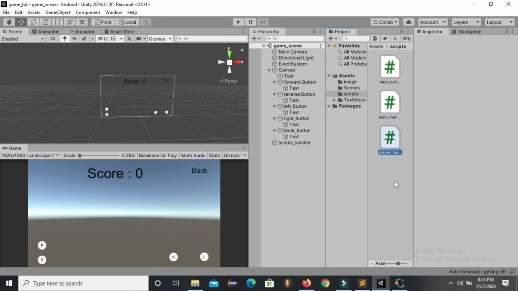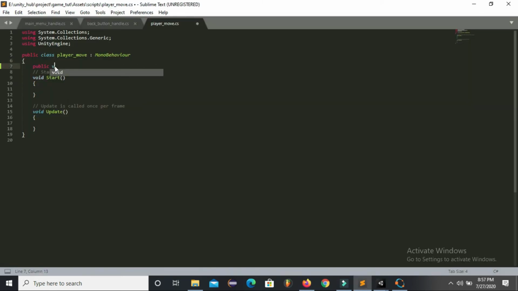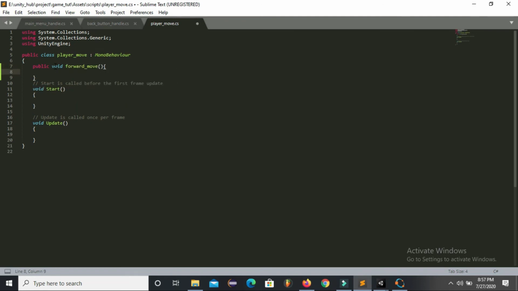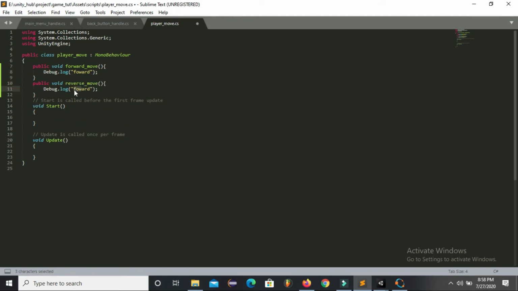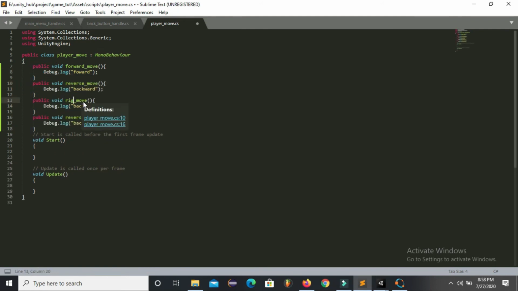So again back to Sublime Text Editor, and now I will create a function to call my forward button. Now I have written all the functions for each one of my UI buttons, and now back to the Unity game editor.